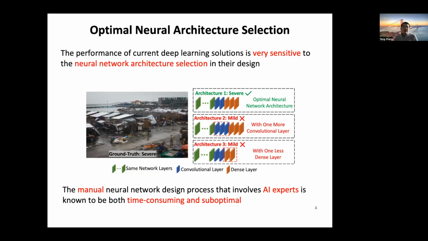Here, we observe that the performance of current deep learning-based DDA solutions is very sensitive to the neural architecture selection in their design. More specifically, even a slight difference in the neural architecture could have a significant impact on the performance of the corresponding DDA solutions. In this example, we compare the DDA performance of similar neural architectures. We observe that even only one layer difference in the neural architectures could lead to incorrect disaster damage assessment